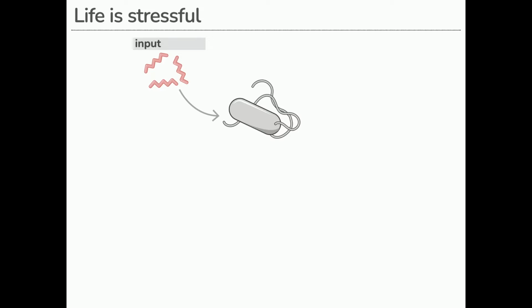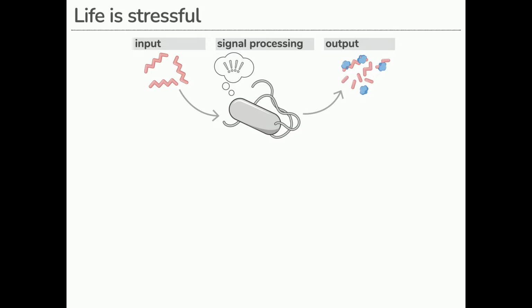And this is something the cells have to face. You're constantly faced with all sorts of inputs that need to be sensed. And the way that cells do this is in a vast diversity of ways, which we typically just call a single processing step that then results in some sort of output. Now, this signal processing we usually treat as a black box, and I, as a biologist in recovery,